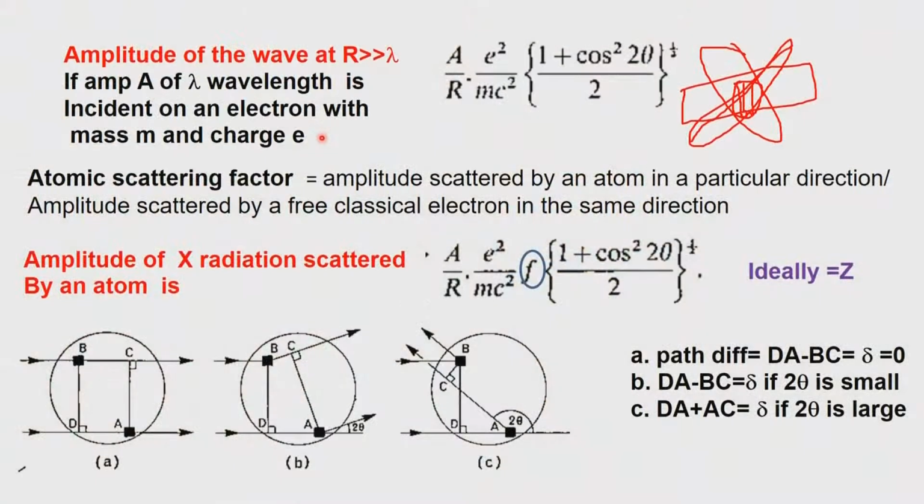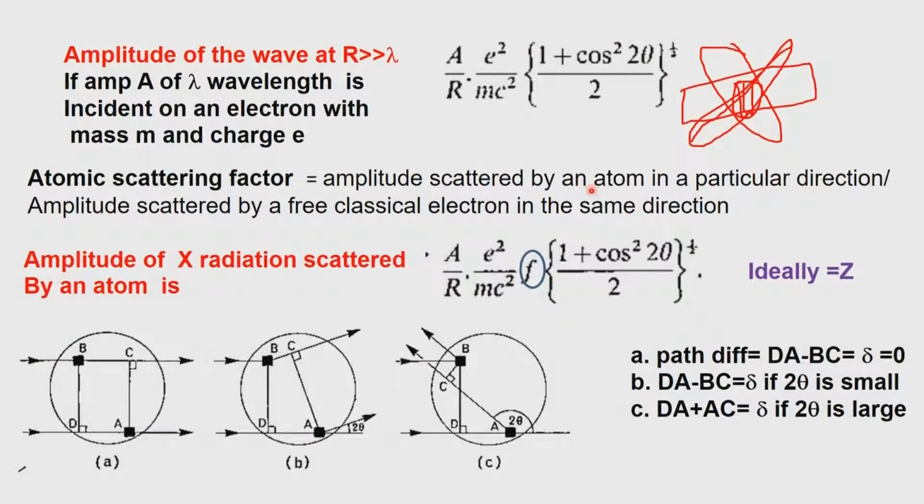The fact that it is the electron which is involved in the scattering, we have this e squared by mc squared factor coming in, and then this factor (1 plus cos squared 2 theta) divided by 2, where 2 theta is the scattering angle. You see, this is very crucial. This 2 theta scattering angle decides where your H vector should come, and therefore, this factor is the one which modifies the amplitude, and therefore, you will get different intensities at different positions. So, we therefore have the amplitude of the value equal to this.